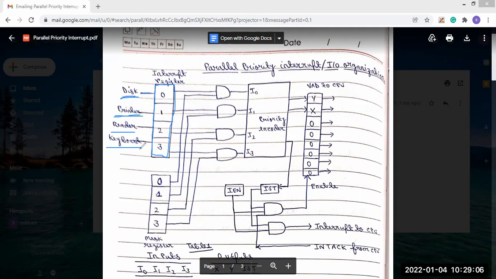Here also we can use many other input output devices, but here we have used 4 input output devices.